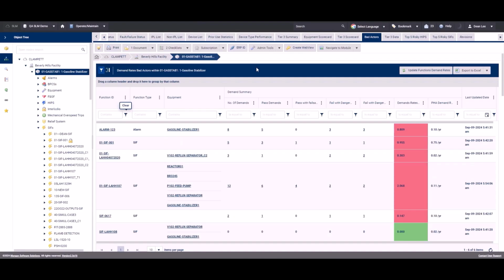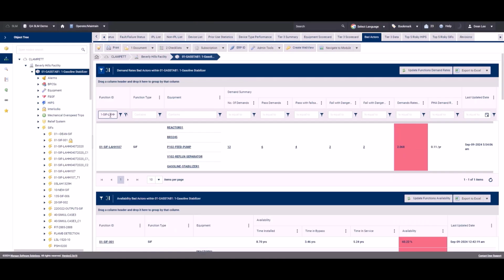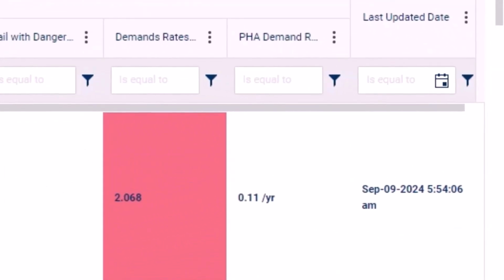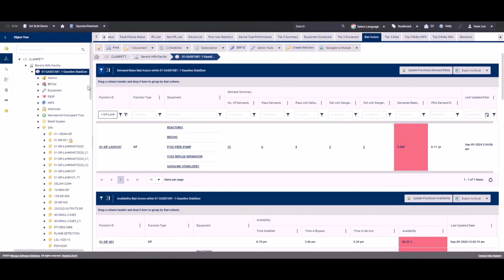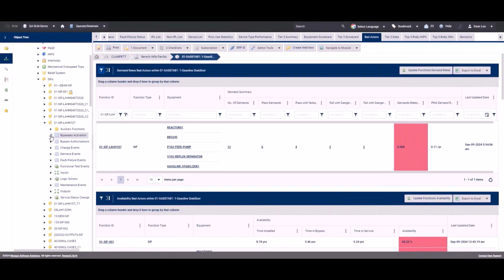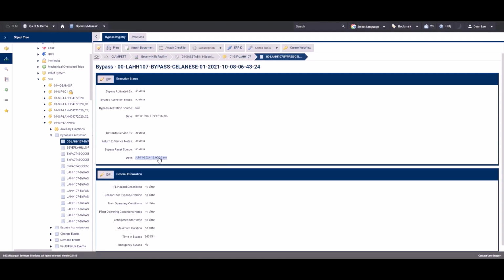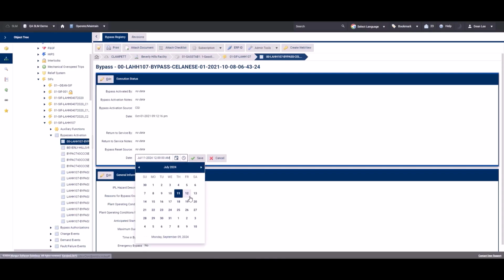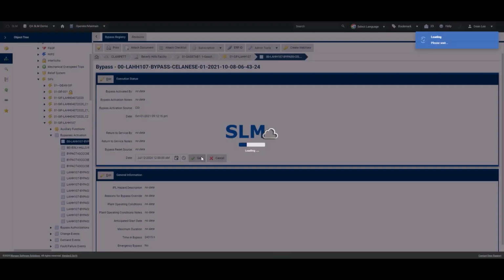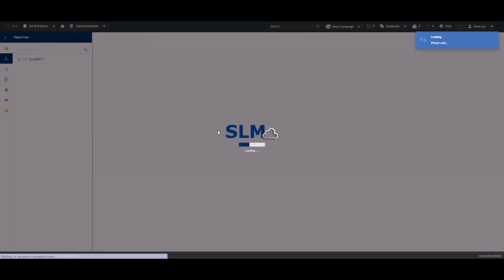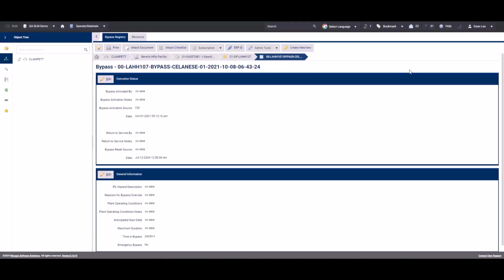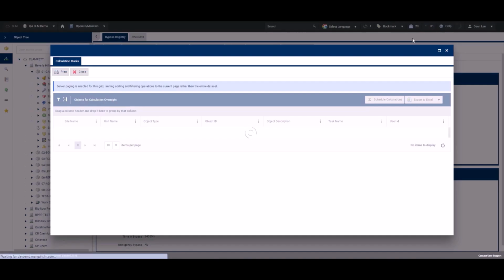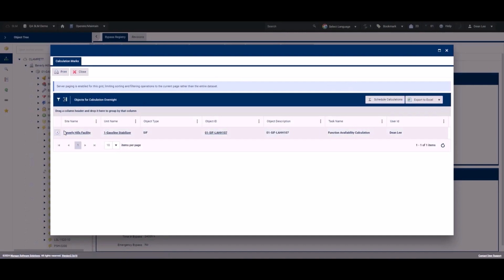So if we come back to the Operate and Maintain module and we filter on a function, we can see that the last updated date was September the 9th at 5:54. So if we locate that function, open the bypass activations and update the bypass activation date, save changes and refresh. This then creates an overnight task. If we run that task now,